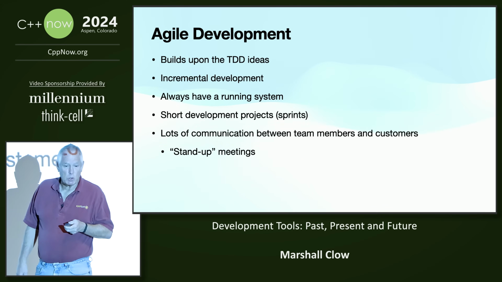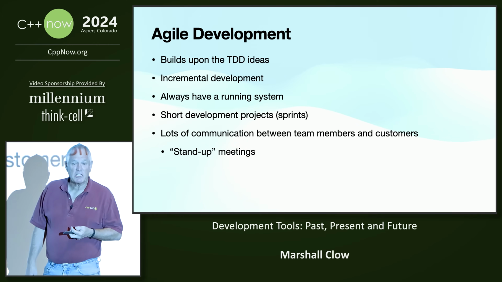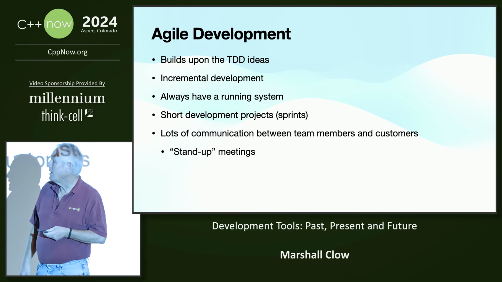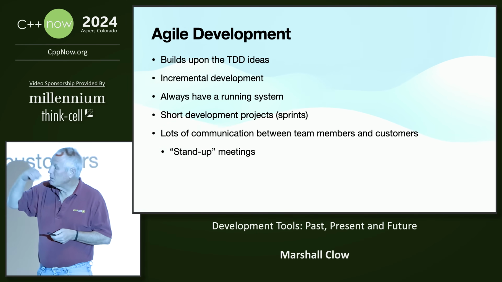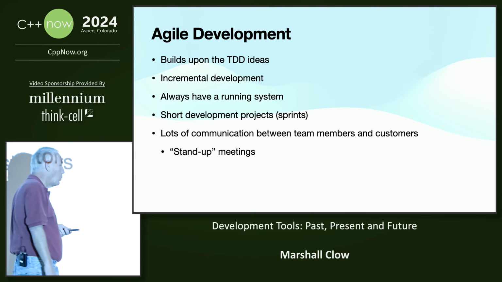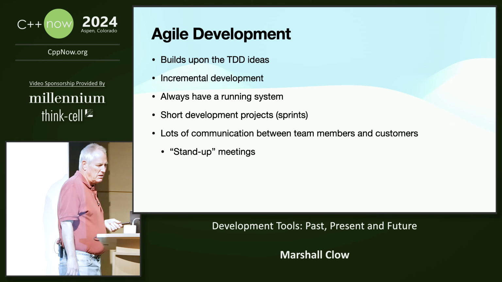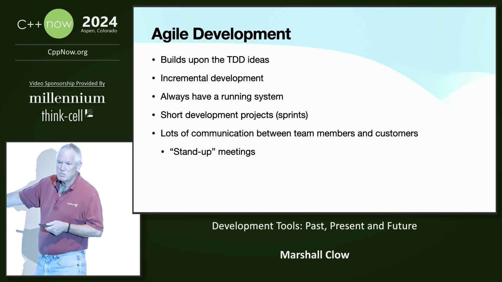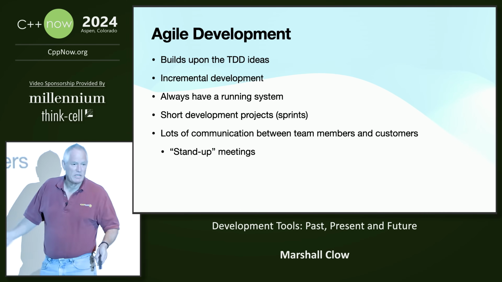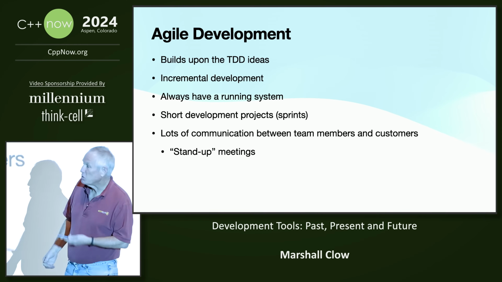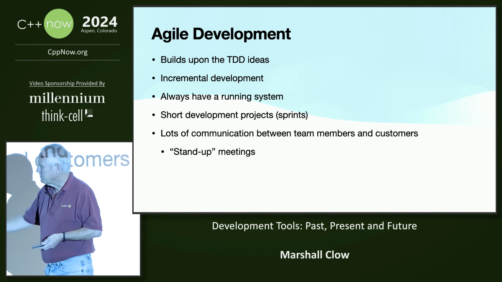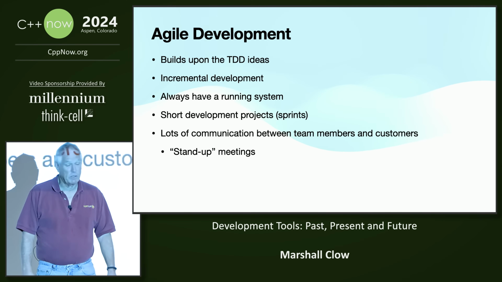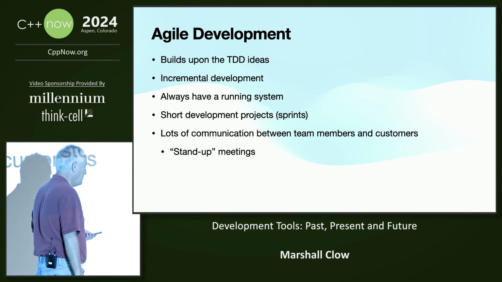and the development projects tend to be short. None of this 6-month ongoing thing, and then at the end you say, oh, dang, that didn't work. The nice thing about short development processes is that if something doesn't work, well, you haven't invested that much time in it. Lots of communication between team members and the people you're developing the software for. For internal, that's your management. For external, it's customers, so that everybody knows what's going on. The joke about stand-up meetings is if you get meetings together and everybody has to stand up, they don't get comfortable, they don't have to spend a lot of time on it. Anyway,